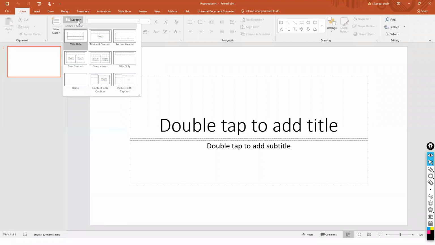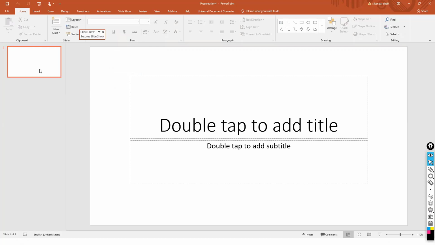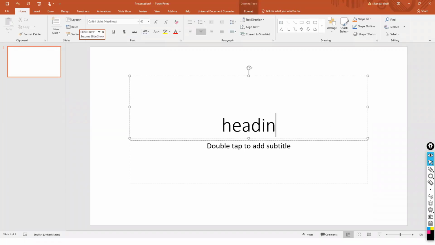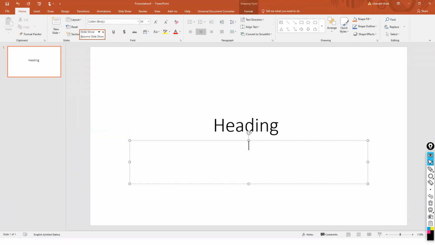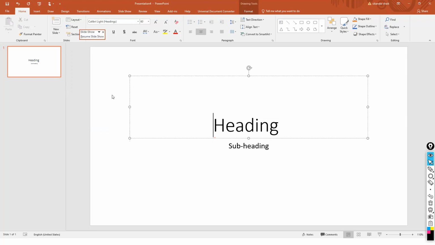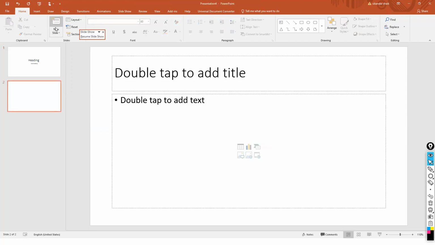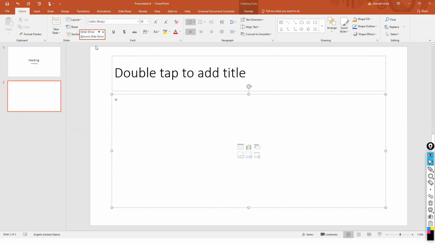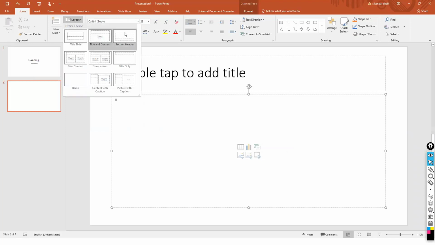Layout is nothing but how you want the slide. So each page, we call it as a slide, how you want that slide to look. So you want some heading and subheading, where you are writing some heading, and in the bottom, you want some subheading. Probably most of the time in the first page, you do that only. But coming from the second page, when you click on this new slide option, then you will get the heading and the points. Of course, I can change this layout from this option called layout here, where I can change